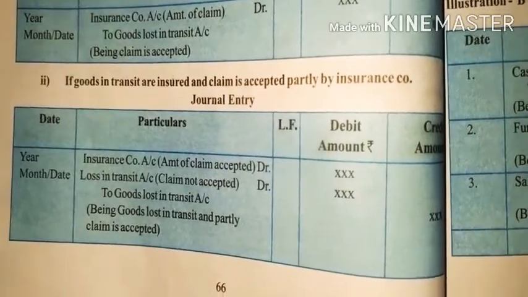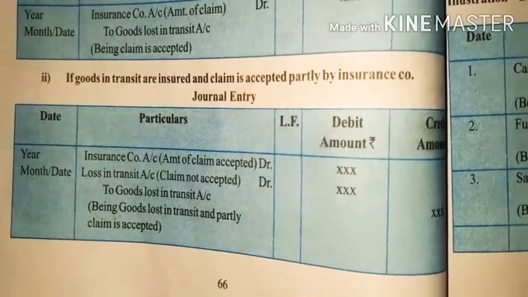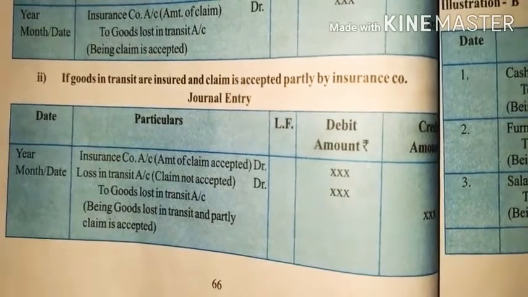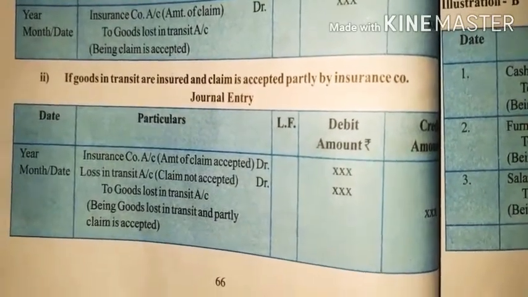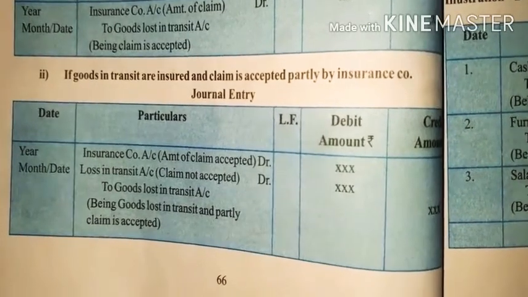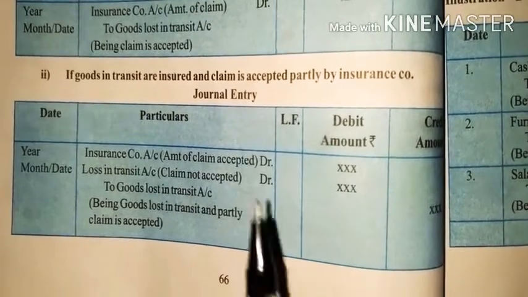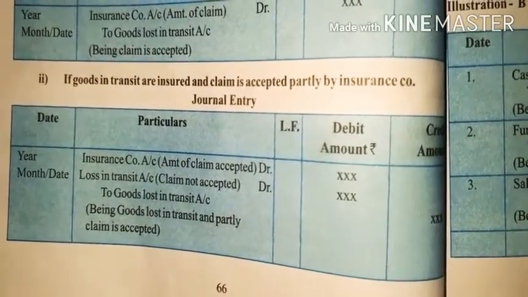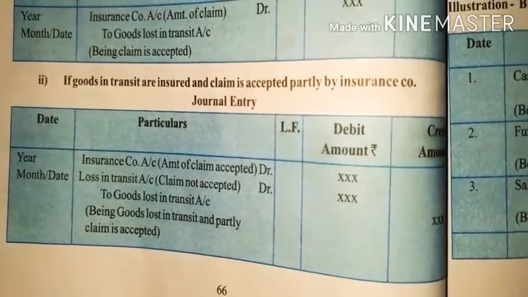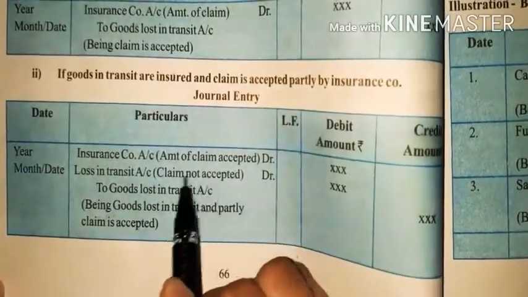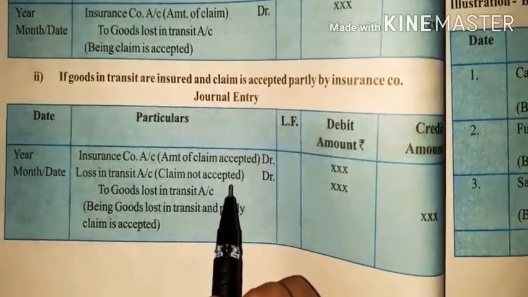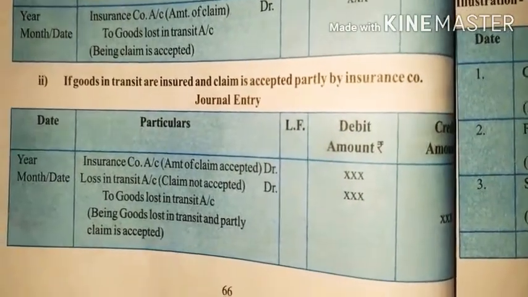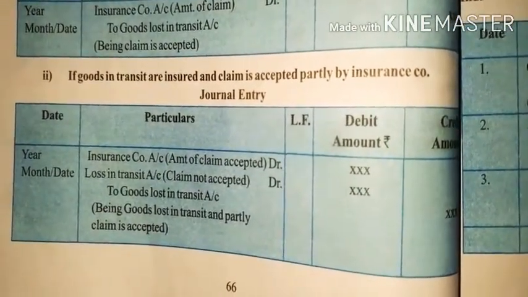If you have taken out a 10,000 insurance policy and your goods destroyed are worth 15,000, they will provide you an insurance claim of rupees 10,000 or rupees 5,000, depending on the policy of the insurance company. So here, the insurance company plays a very important role, since it is the deciding party. It will decide what amount of claim is to be given to you. So here a partly claim is given and the other part is a loss for us, so you have to mention it. And debit effect is given. Why debit effect? It is a loss, that is why you have to write the amount in the debit column.